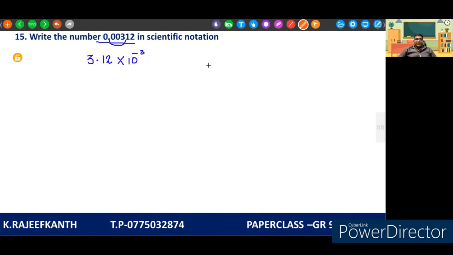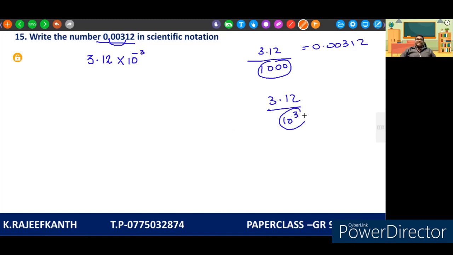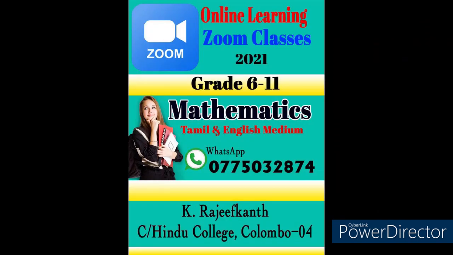Right? Because we know that we are dividing by 1000, 3.12 divided by 1000, that is equal to 0.00312. So here we can write this 1000 as 10 to the power 3. Right? Here this is the denominator. So if we write it as a numerator, then we have to change the index. Here this is in the power of 3. Then we have to write it as minus 3. Then the answer is